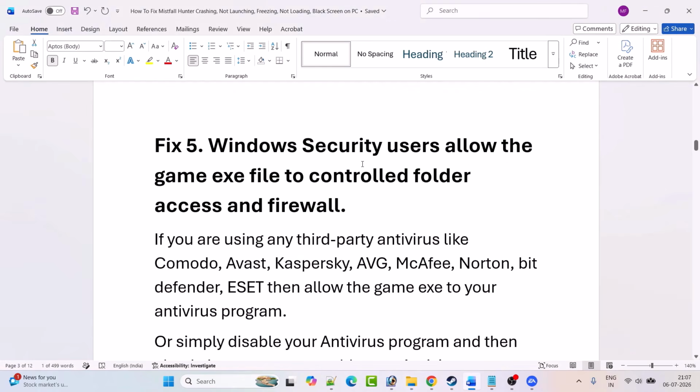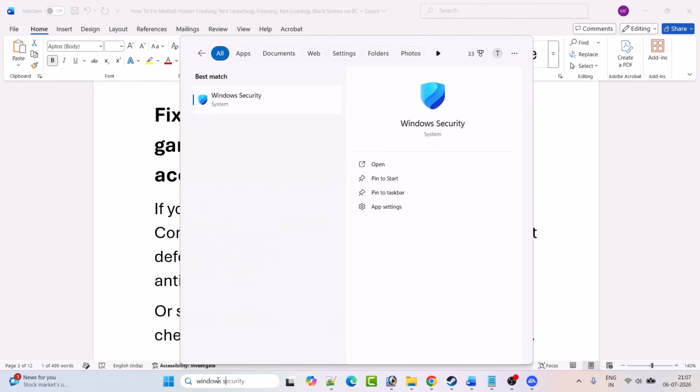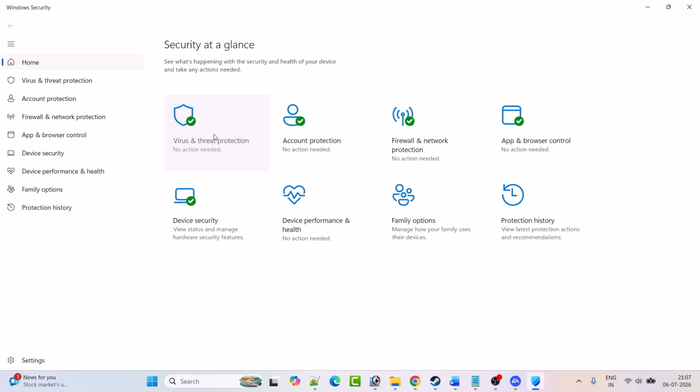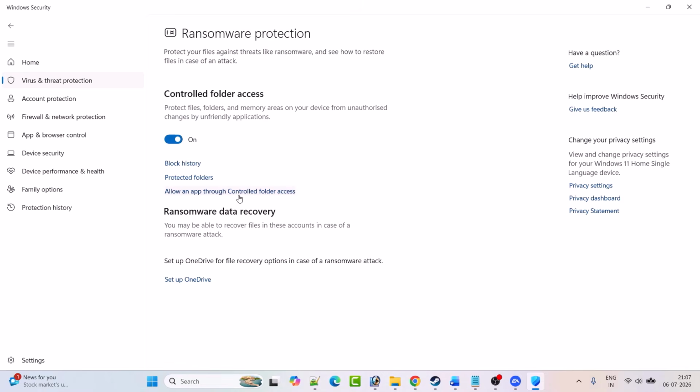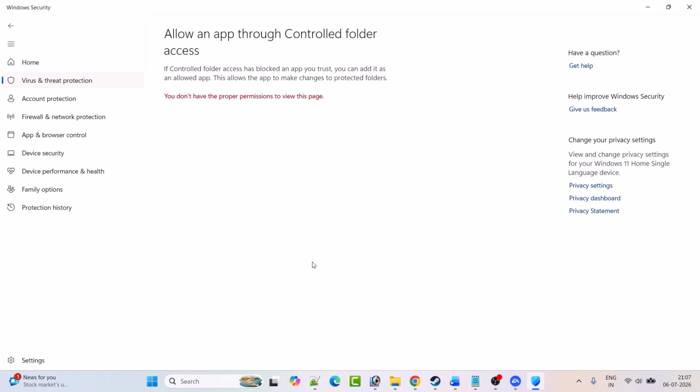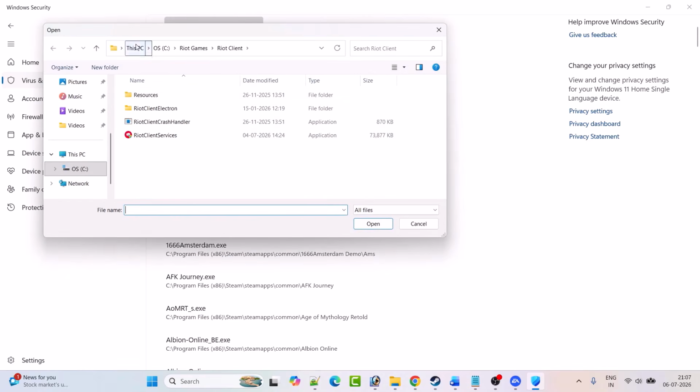Fix 5, Windows security users allow the game exe file to control folder access and firewall. So in Windows search type Windows security and open the Windows security. Click on virus and threat protection. Scroll down, click on manage ransomware protection. Click on allow an app through control folder access. Click yes to allow. Click on add an allowed app, browse all apps, and then browse to the game installation